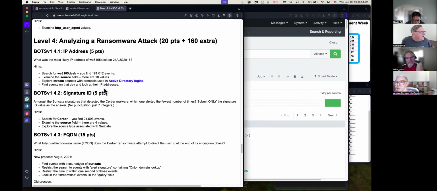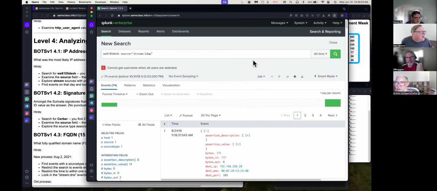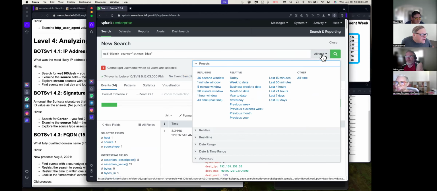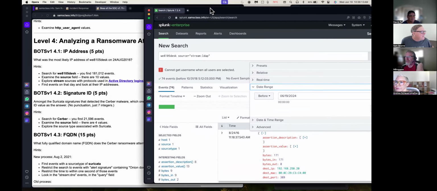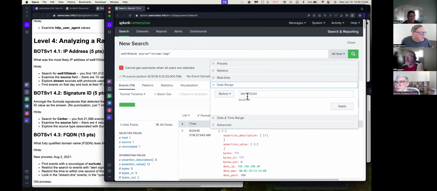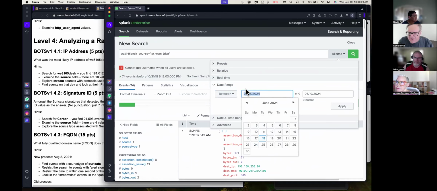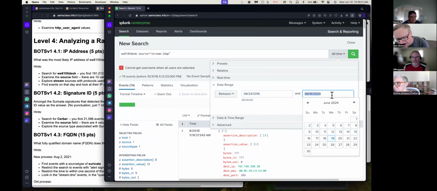Now I got 74 events, and now I want to limit them to a certain day. And the day is 24 August 2016. So for that, you can use these time selectors, and I can go to date range. And it's going to be between 08, 24, 2016. Okay, and if you want just one day, you just put the same thing in both sides here